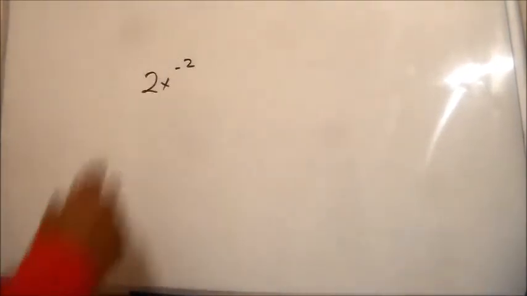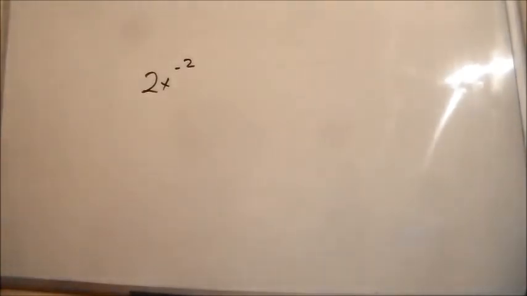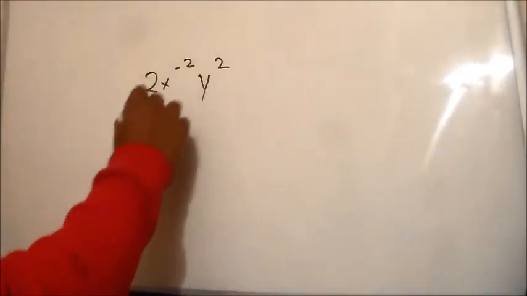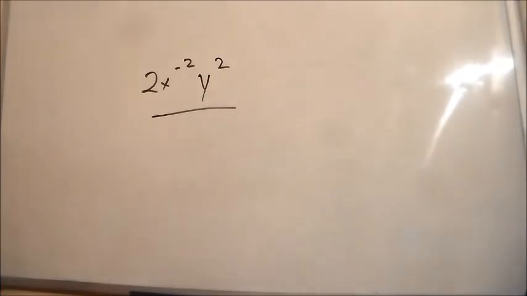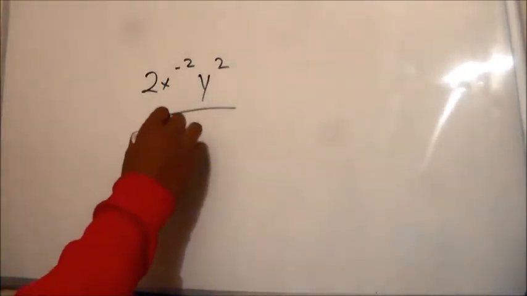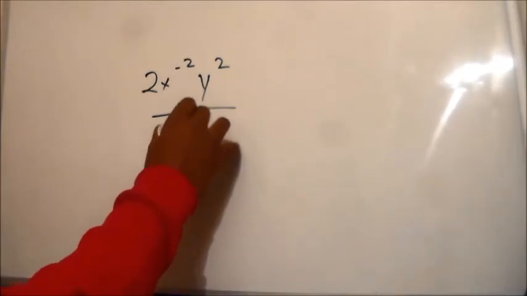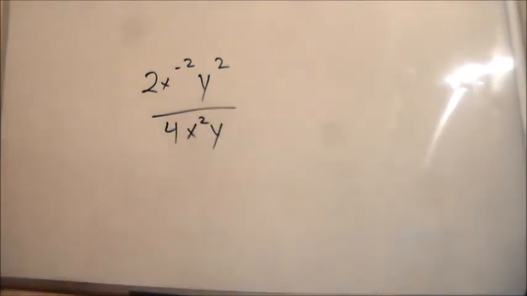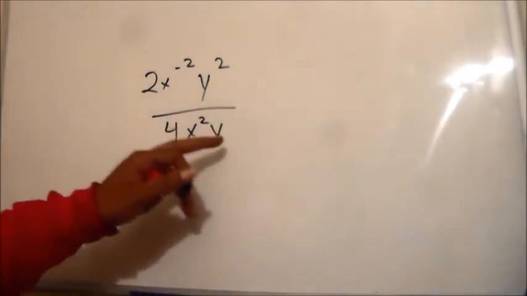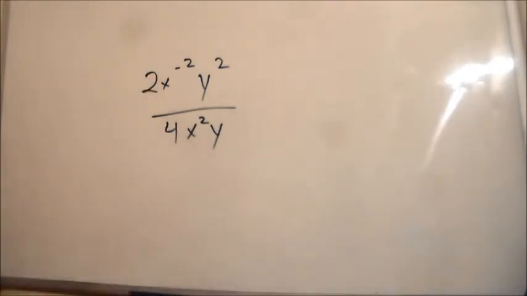But just to give you an idea how to work these. 2x to the negative 2, y squared. So we got some angry people already, and then we have 4 x squared y. You actually have it reversed, but it doesn't matter. I like mine in order. Okay, so